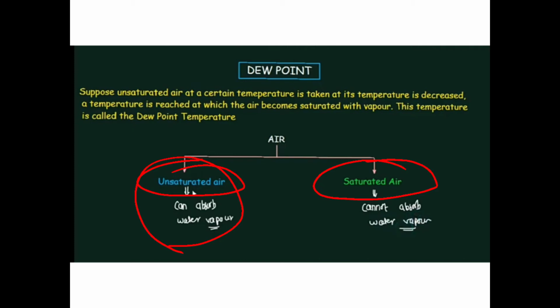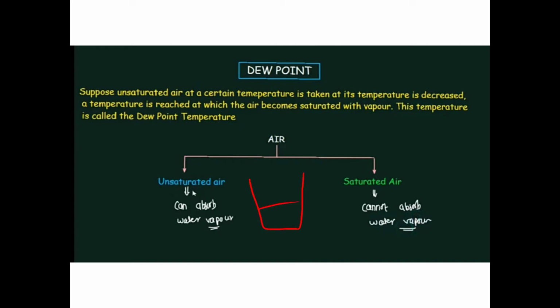Now children, one experiment which you can do at home also: you take one glass, fill it half with water, and add salt into it, say 1 spoon of salt. Stir it with the help of a stirrer. The salt will dissolve. Again you add one more scoop of salt. It will also get dissolved. Add one more spoon of salt. You again stir it.